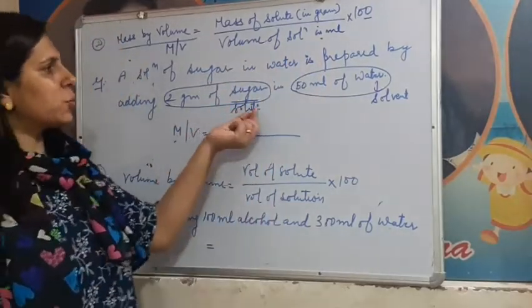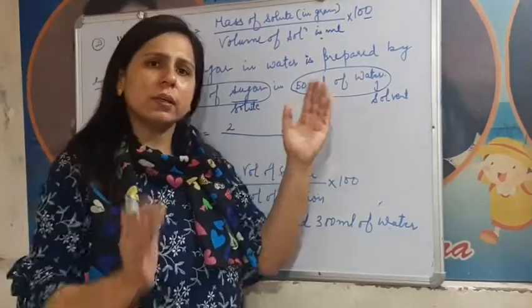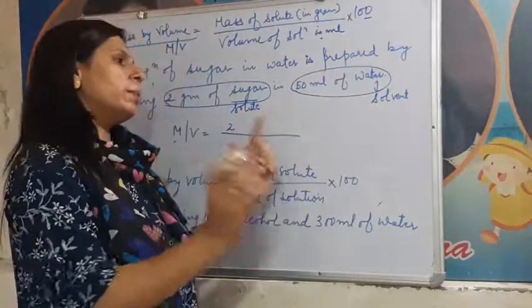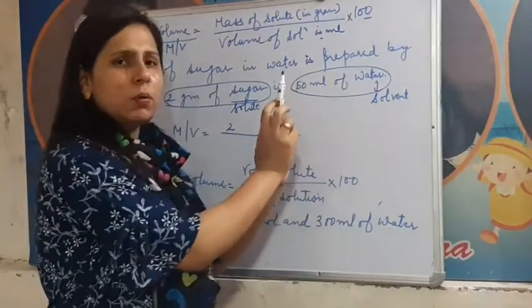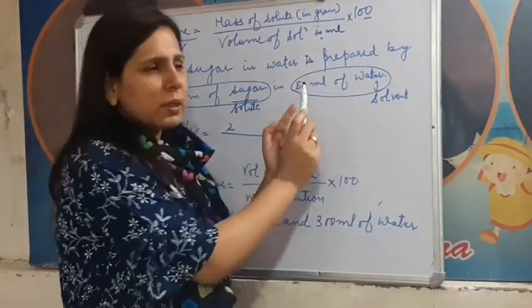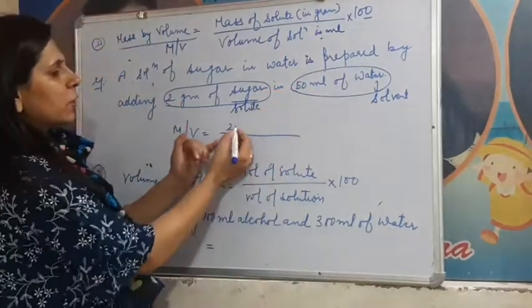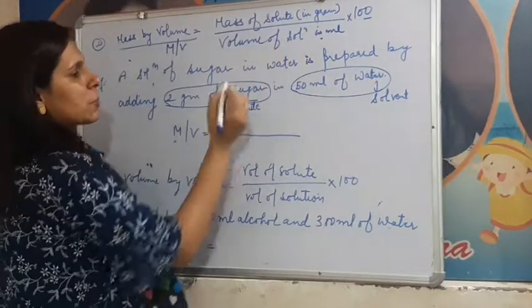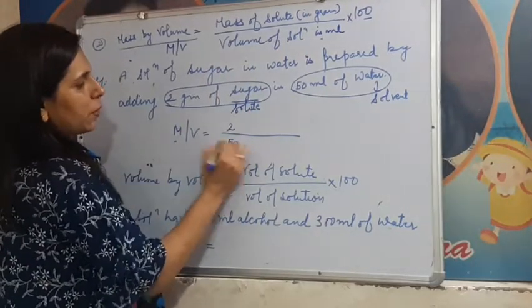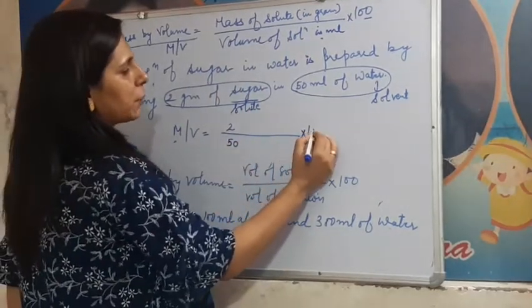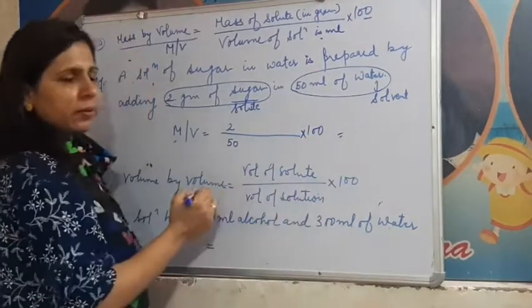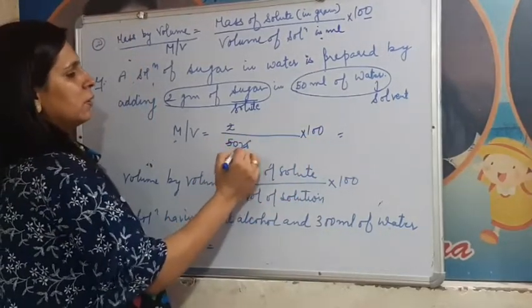When we add the sugar in 50 ml of water, the solution which will be prepared will be the same amount as it was of the water, 50 ml. There will be no increase in the solution amount. So 2 divided by volume of solution, which means 50, and multiply it by 100, then you will get the answer